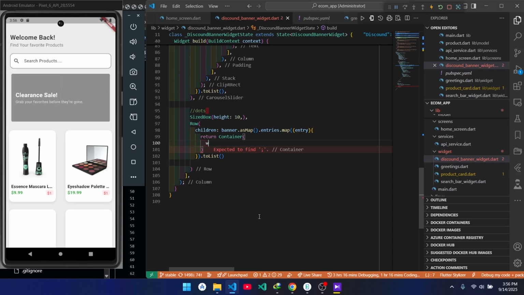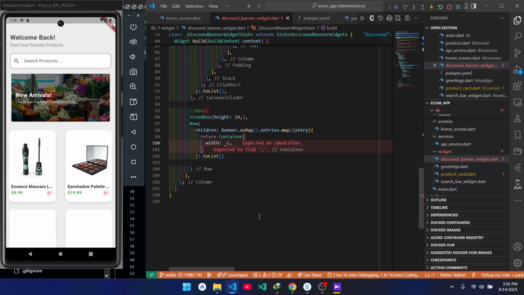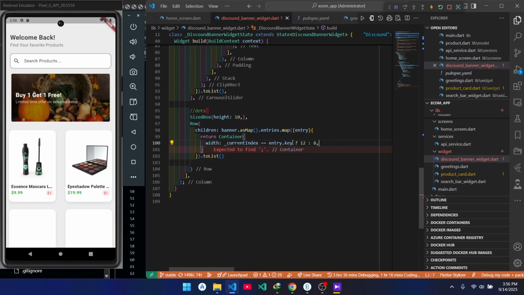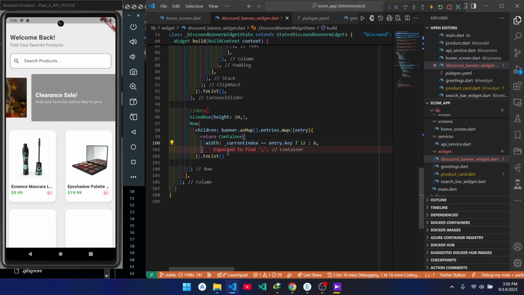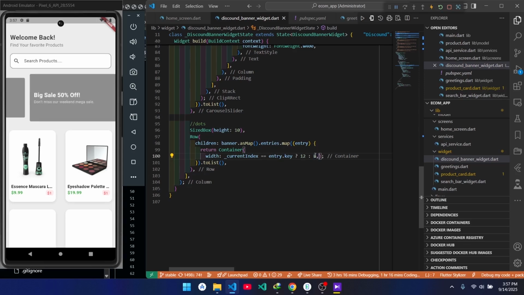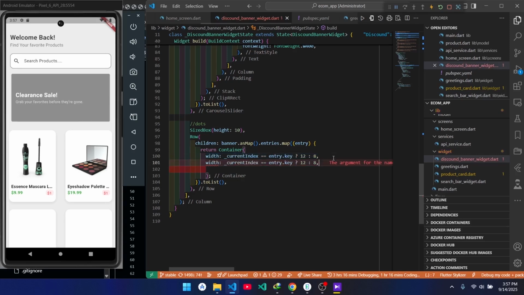Right? So inside this container, we're going to have the width, which is going to get the current index, right? So we say width, we say current index, right? So this is going to be our width. So we get the current index, then we give it this ratio. So here we give it a semicolon, I mean. Then we format it again. Really hate this. So for the height, we're just simply going to take the same entry. So we just copy this, and we do the same thing. So here we simply just replace this with the height,